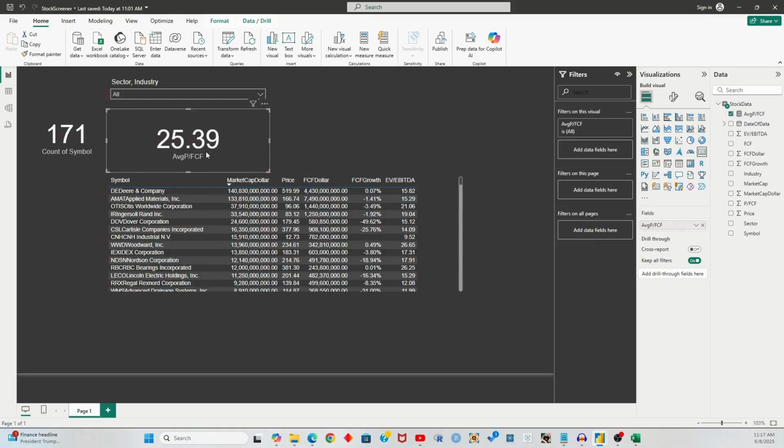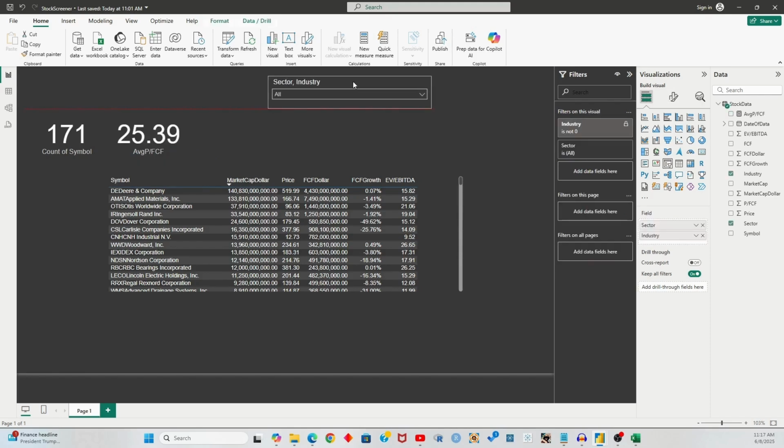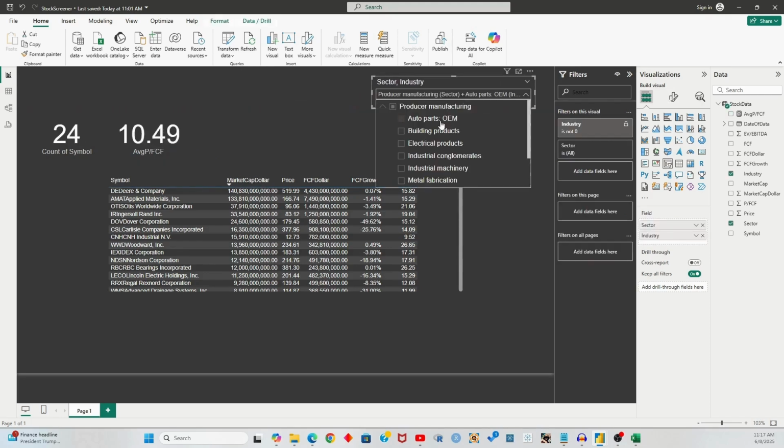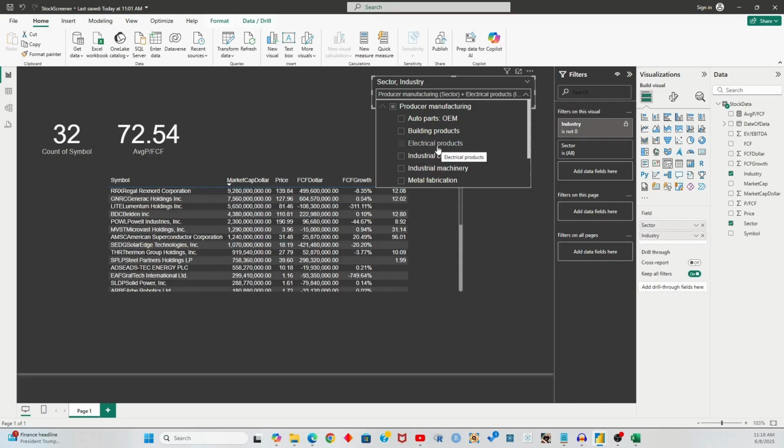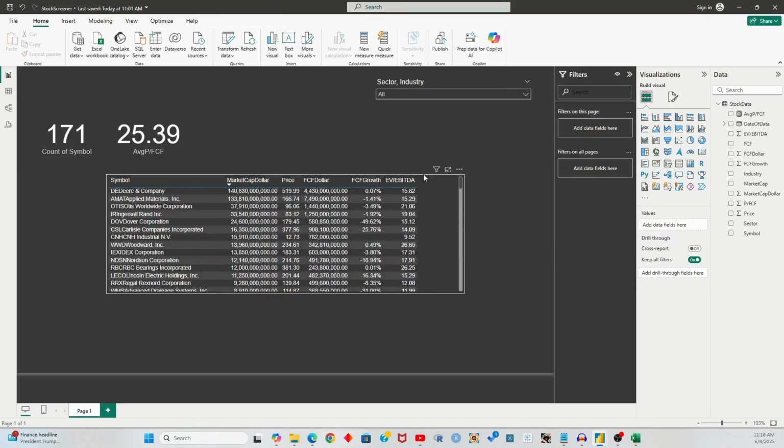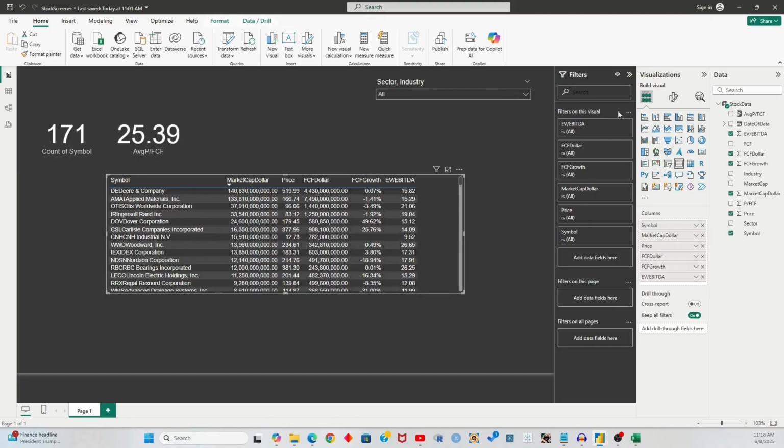So here you go. I get 25.39 for the average price to free cash flow. And this value is going to change as I select the industry, like building products is 23, electrical products is 72, and so on and so forth. And then if I put price to free cash flow in my data table,